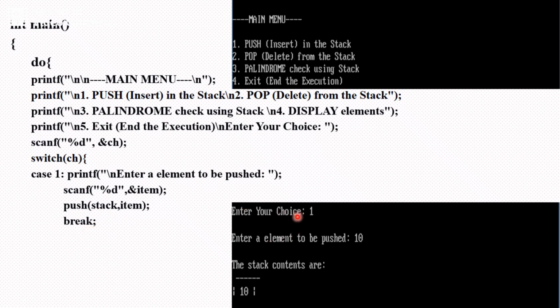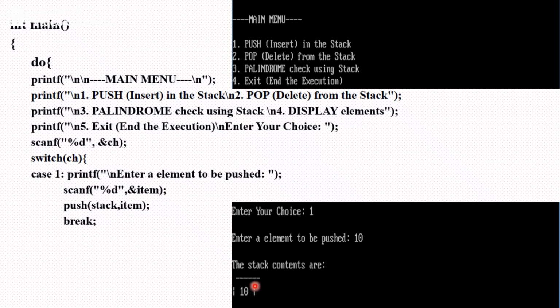This is how enter your choice, enter element to be pushed gets printed if you take option 1. Then for each element to enter, you have to call the push function once. So the push function is going to enter only one element at a time.